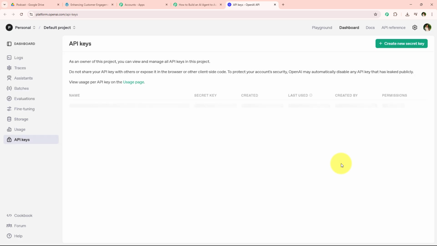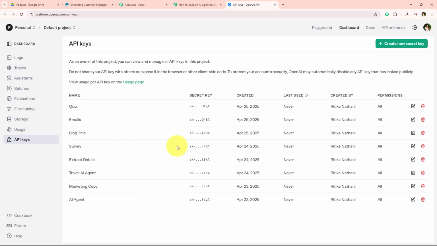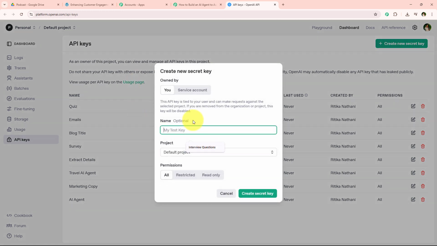So I'm simply going to go towards my OpenAI API key page to get the API key. And now I'm just going to create a new secret key. For that, I'm just going to go towards this create new secret key, and now it is asking me for the key name. So let's say I'm just going to name my key as podcast right over here. And after naming my key, we are simply going to select the project and click on this create secret key